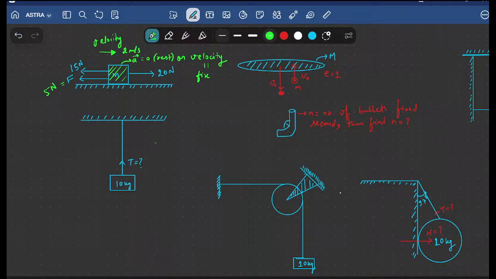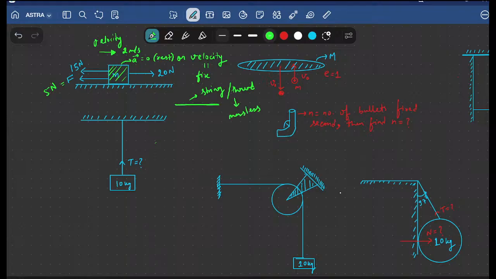Now here you see, somebody asked me about tension. Well, what is tension? First of all, understand, whenever a string or a thread, or a rope, but since here the rope is very thin, it becomes a thread or string. The purpose behind taking a thin rope, thread or string is that the mass of these threads is negligible. In future we may consider the mass of the ropes also, but currently we are assuming that the threads are massless. Whenever I write string or thread, automatically you should understand that it is massless.